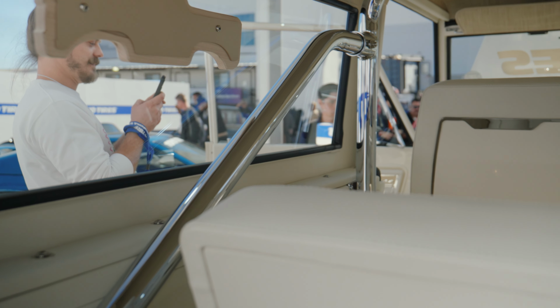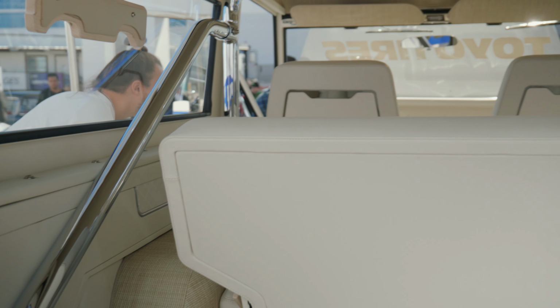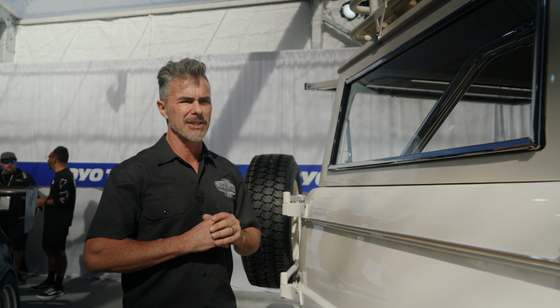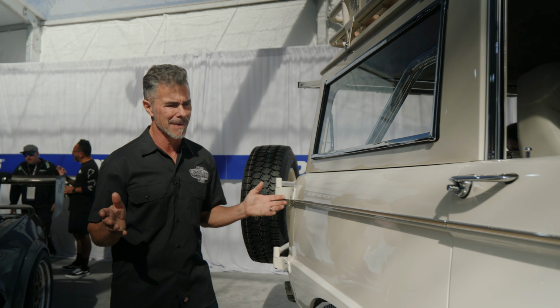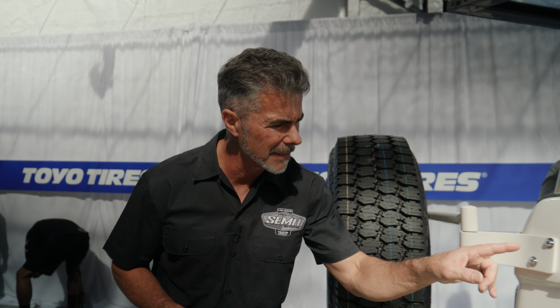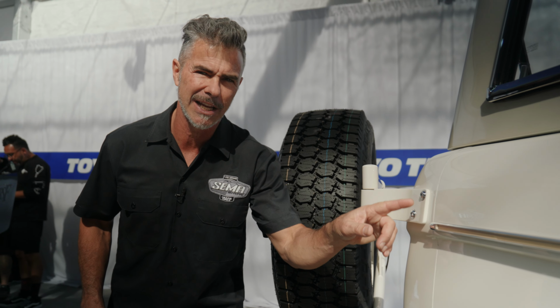Another thing is the roll cage. I love chrome, and this cage is actually chrome plated. This is a Wimbledon White truck. It's almost all Wimbledon White, no color except for chrome, which is my thing. A few other details, and this is just so over the top. Every single nut and bolt on the exterior is engraved